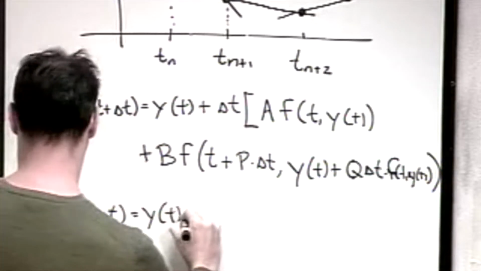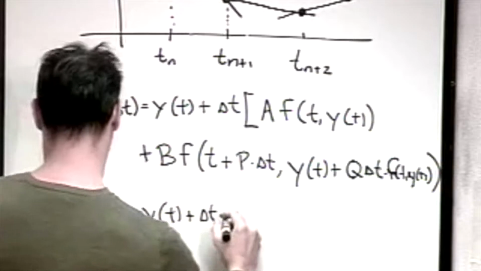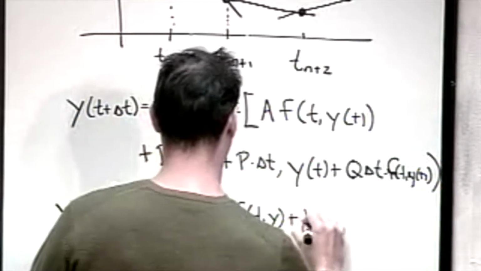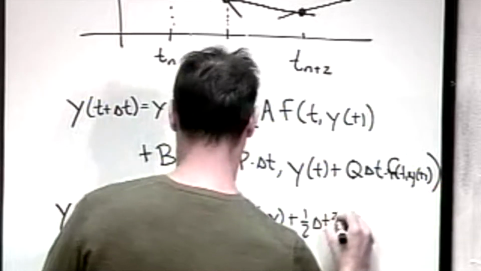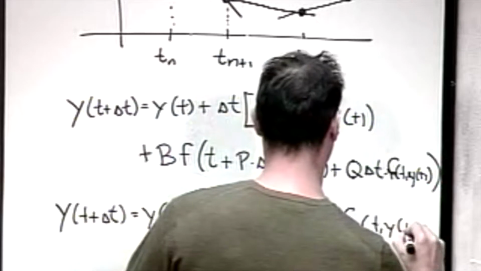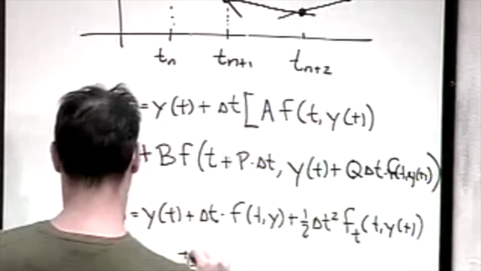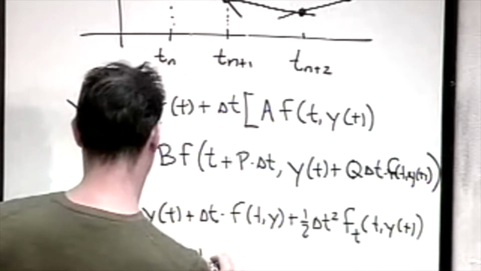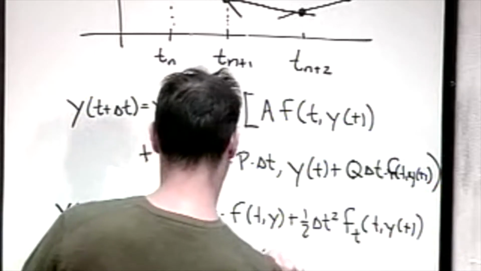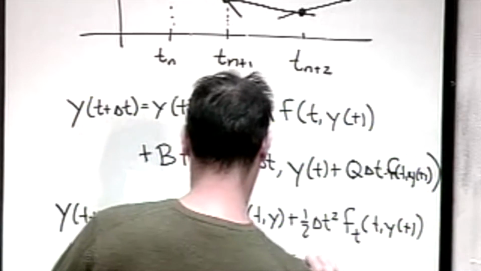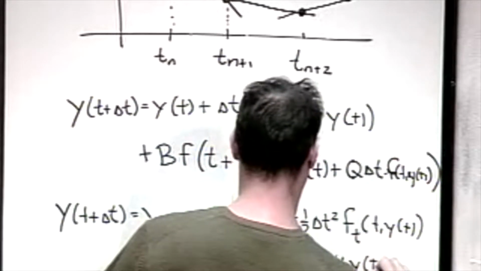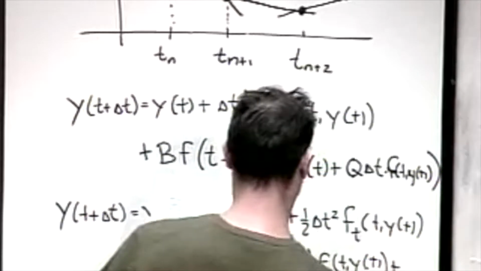It's y of t plus delta t f of t, y, plus 1/2 delta t squared f of t t y of t, plus 1/2 delta t squared f of y t y of t times f of t y of t, plus,